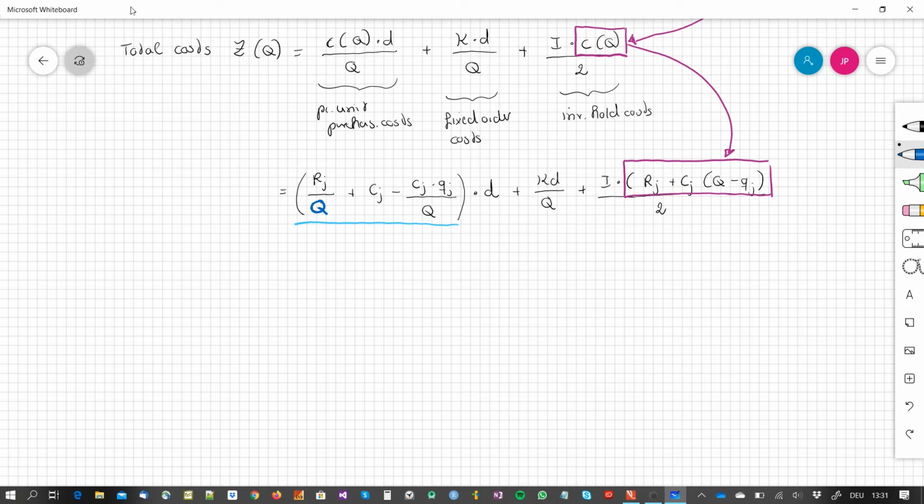So we differentiate for Q, and Q finds itself here, I highlight it in blue. With this formulation, it's quite difficult to differentiate, so we can make the job easier by rearranging the terms